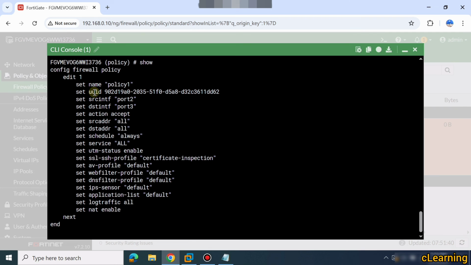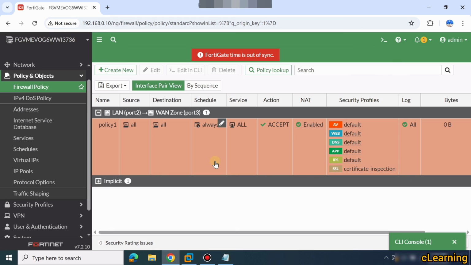So set name, set UID, set interface, this is the source interface, that was the destination interface that I have selected there. And after that, action accept, source address all, destination address all, schedule always, services all. So with all these functions I have enabled NAT as well. Here you can see, so you can use both